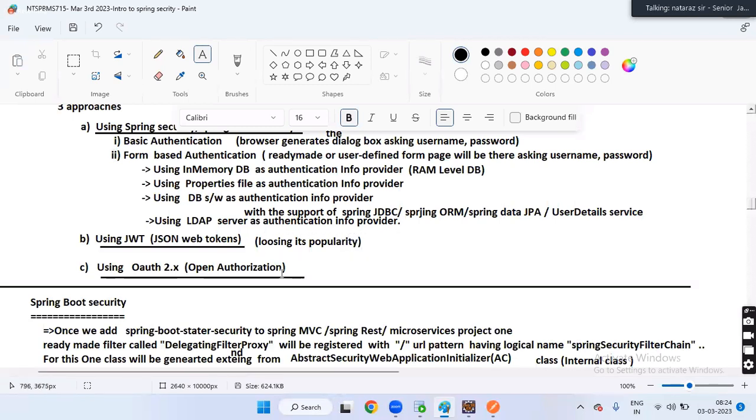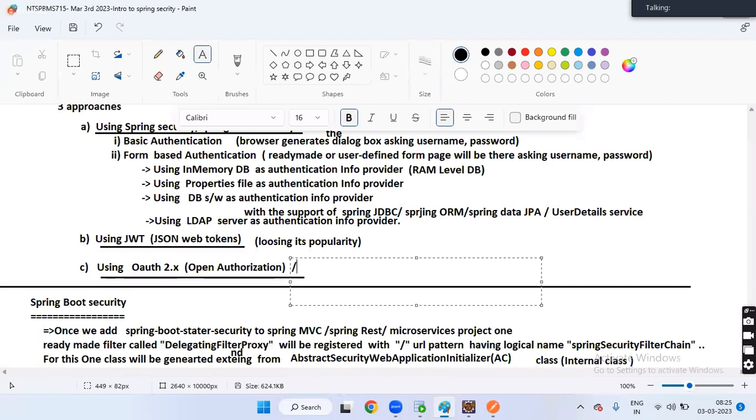Or we can use OAuth 2.x, open authentication or open authorization, whatever it is. OAuth authentication or Okta. Okta is a commercial one, Babu. Without a license, we cannot use it.